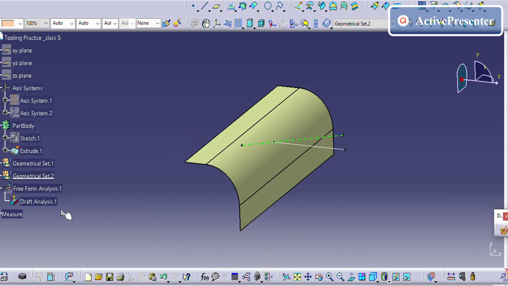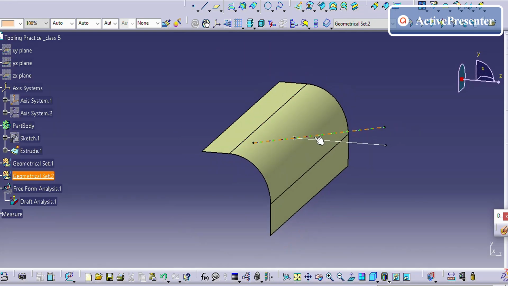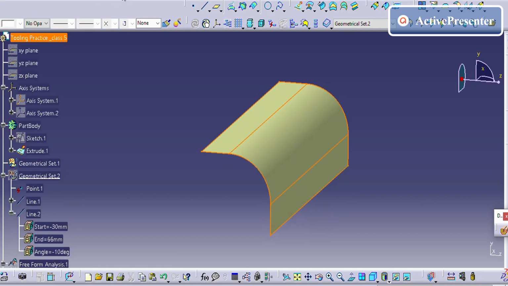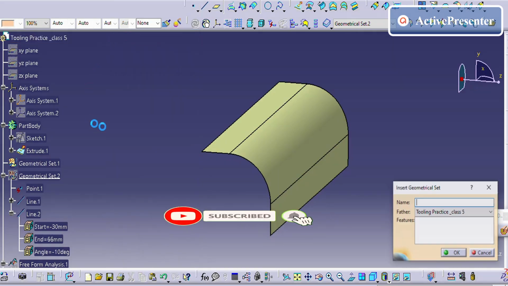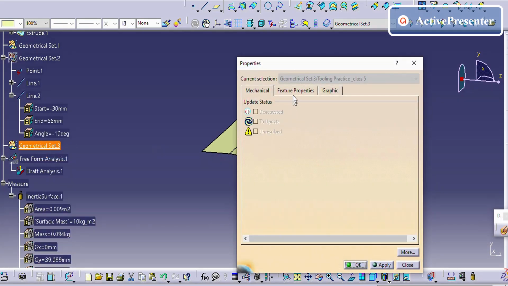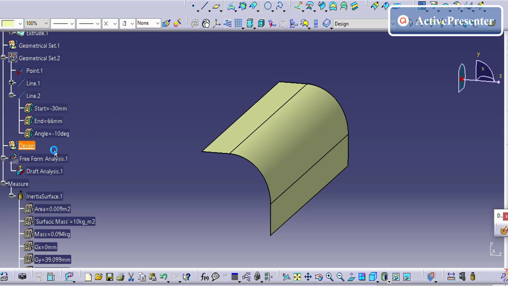Okay. So first, if you get a surface like this, you need to create one geometrical set. Okay. That geometrical set, you name it as design. Okay. Inside this geometrical set, you need to create